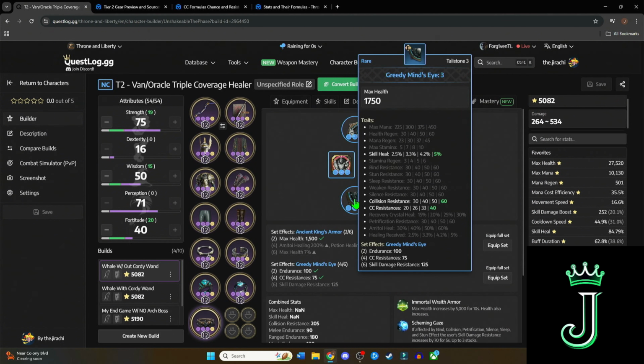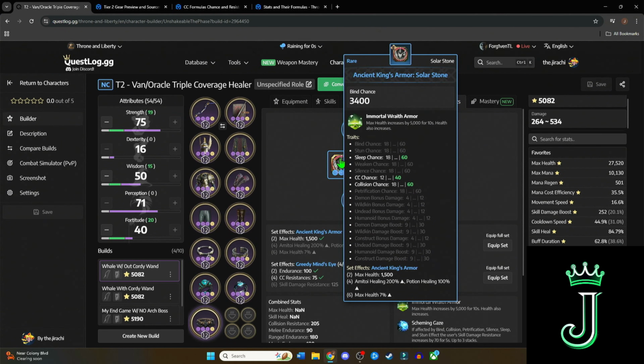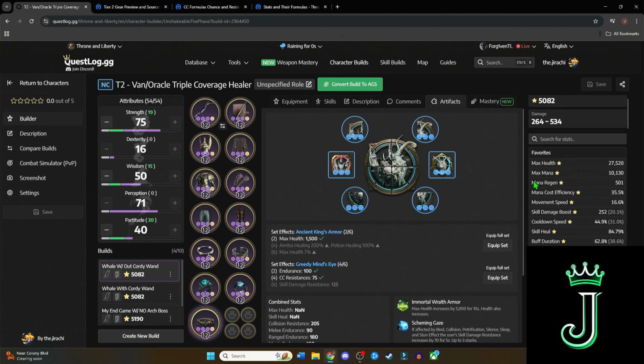And then I gave us a little bit of skill heal just because the other ones weren't as good in my opinion. And then collision resistance too. And then finally this one, the Immortal Wraith Armor passive here: max health increases by 5,000 for 10 seconds. Health also increases. So basically for this one, guys, we just get more healing or more health, which is just awesome. I mean, if we got another 5K, then we're at like